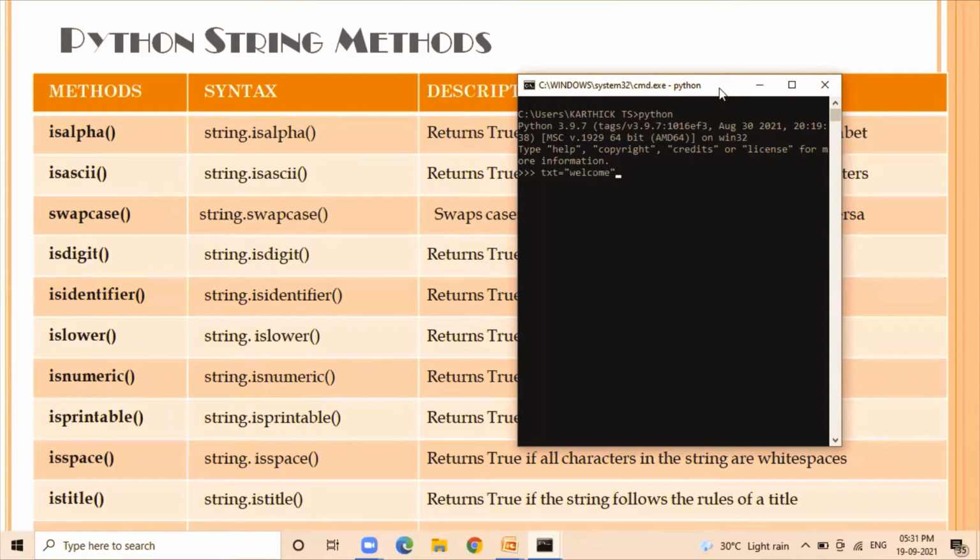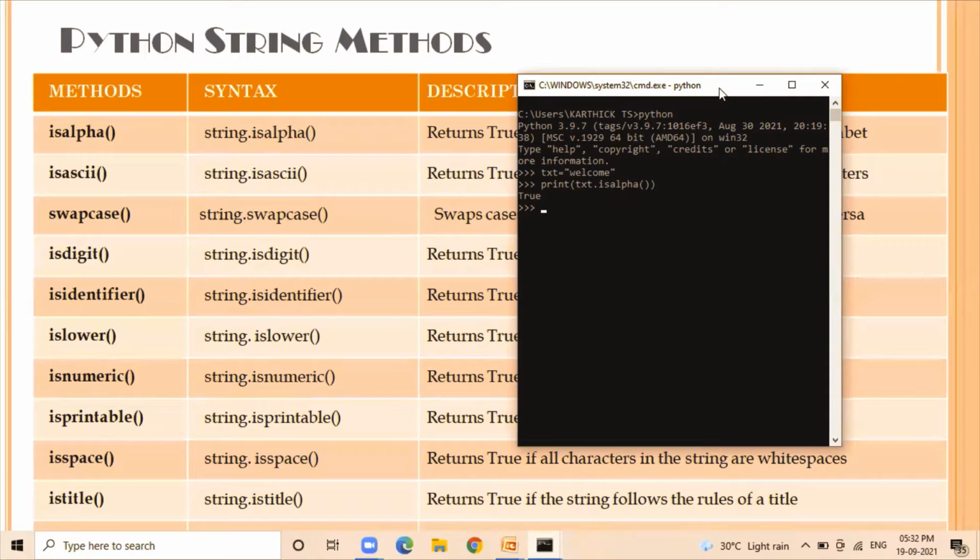So let us create a string text having a string value welcome, and if you want to check the occurrence of the letters in a given string, you can use isalpha, and the isalpha function results in true, meaning in a given string all are letters.